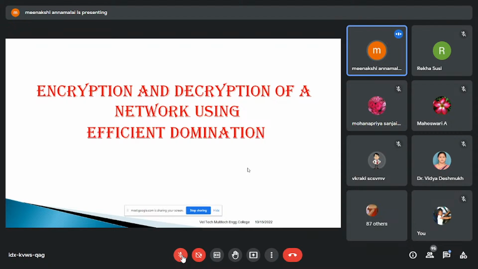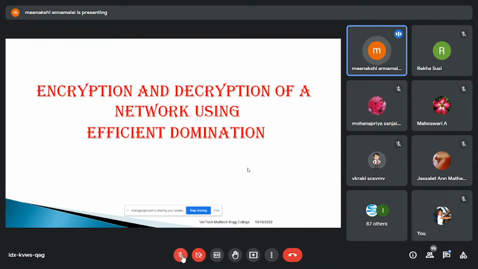Who want to break the password, they should know the concept based on domination. This is the point I have to convey here. So how to construct the network? What is the necessity to construct this network? Nowadays everything is based on the password. When we open the mobile password, the network banking password, the password is important in today's world.